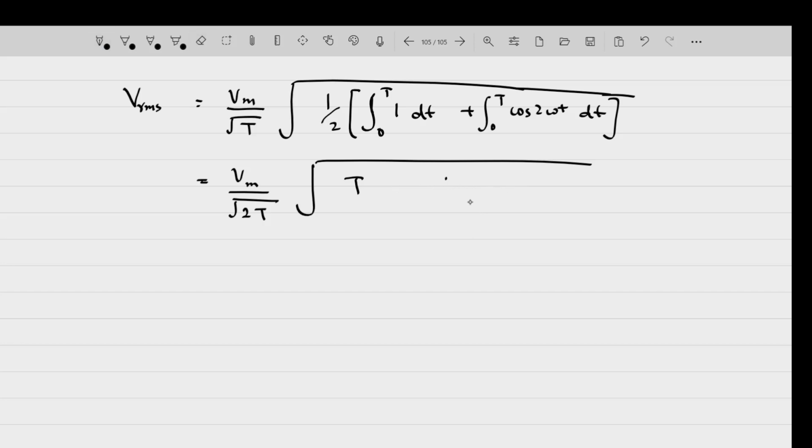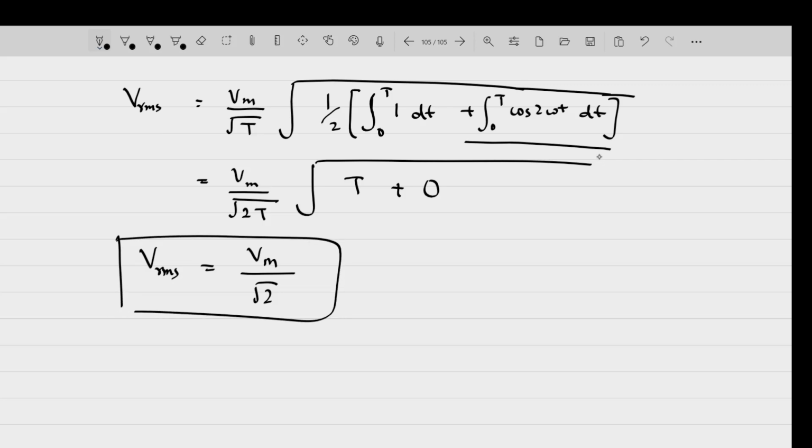ये हमें निकालने की ज़रूरत नहीं है। इंटीग्रल ऑफ 0 to T cos 2 omega t, it will be equal to 0 simply, क्योंकि कंप्लीट साइकिल पे हम कर रहे हैं। तो दिस इज Vm by root 2T into root T, so root T cancels out, so Vm by root 2, so Vrms is equal to Vm by root 2। ये जो इंटीग्रल है ये डायरेक्टली इक्वल टू 0 आप ले सकते हो, क्योंकि इंटीग्रल ऑफ कोसाइन फंक्शन ओवर अ कंप्लीट टाइम पीरियड विल बी इक्वल टू 0। सो Vrms इज इक्वल टू Vm by root 2।